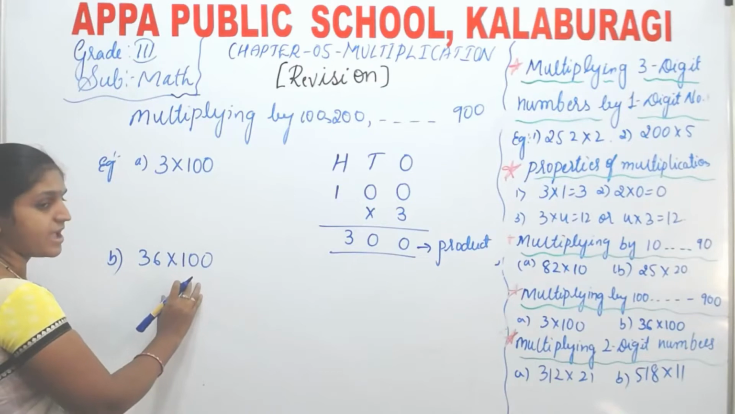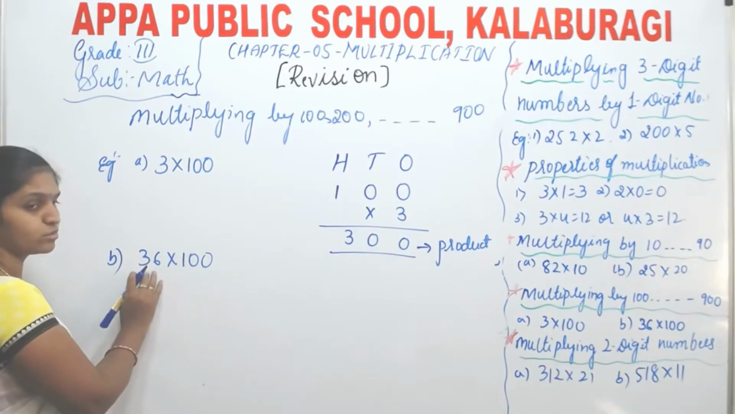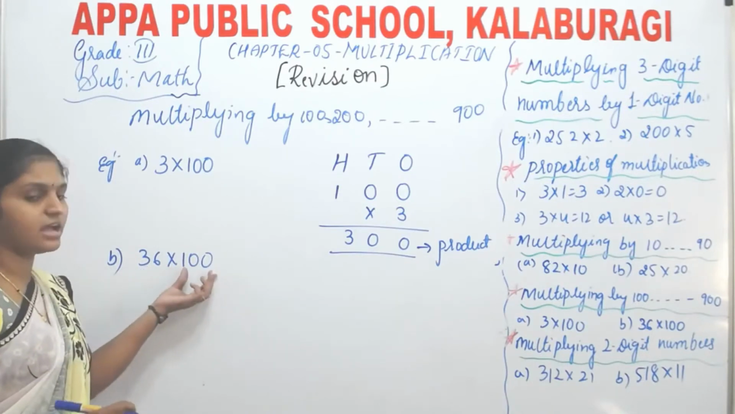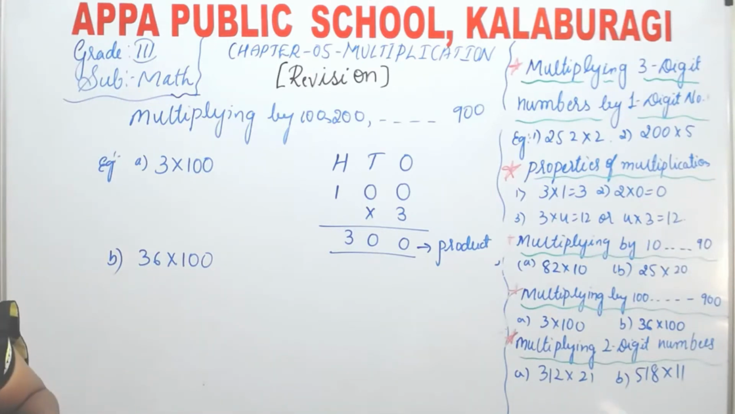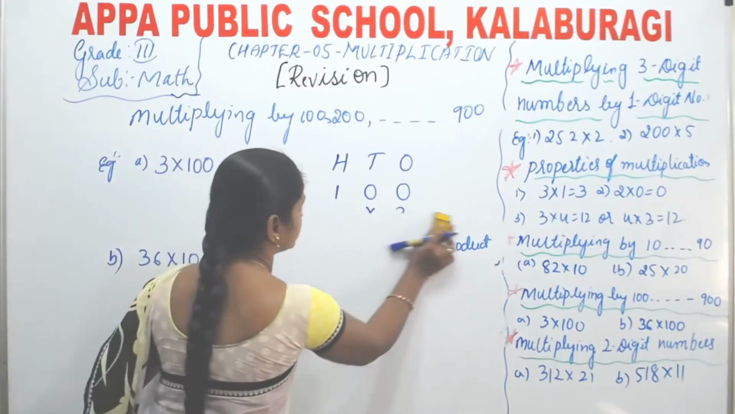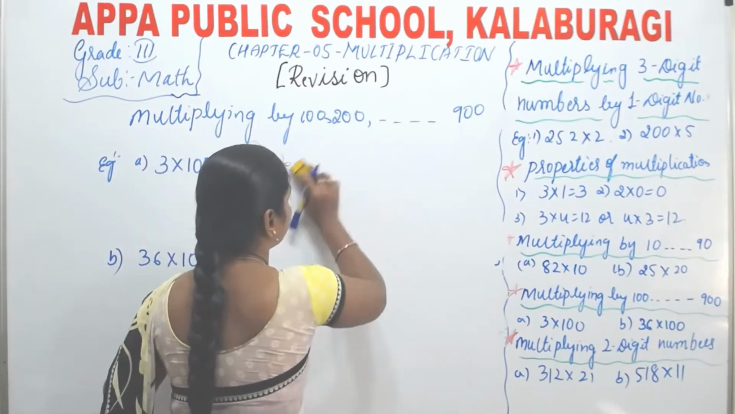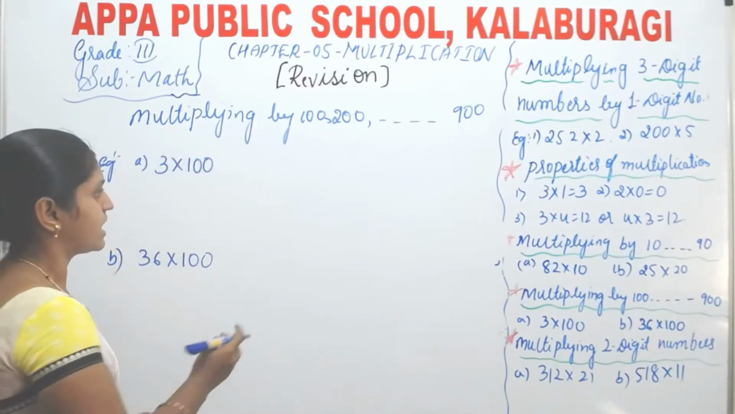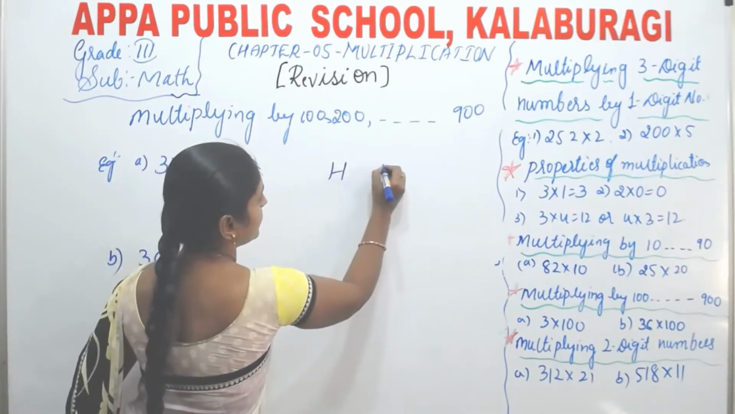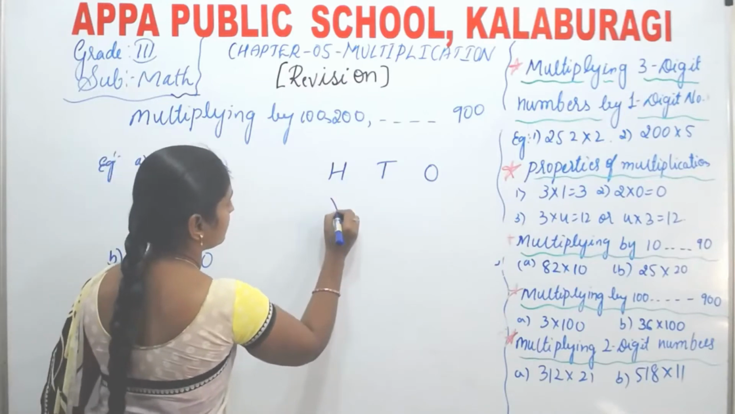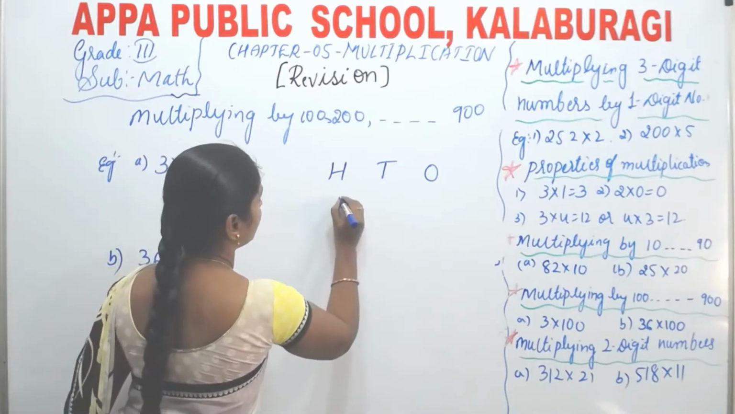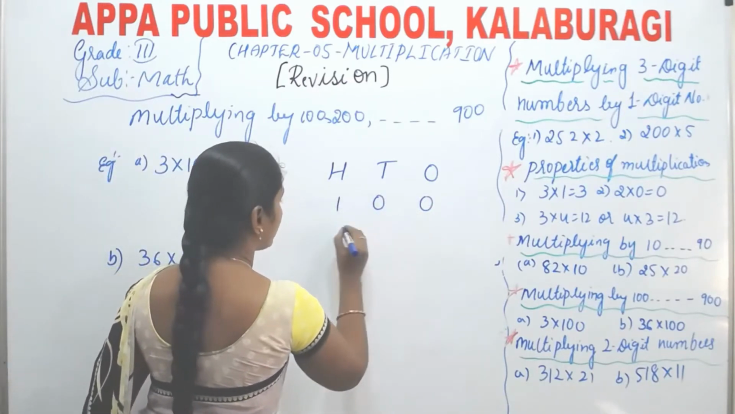Here we are multiplying a 3-digit number by a 2-digit number. Here 100 is the 3-digit number and 36 is the 2-digit number. Write the place value chart, that is hundreds, tens and ones. Write the number 100 multiplying by